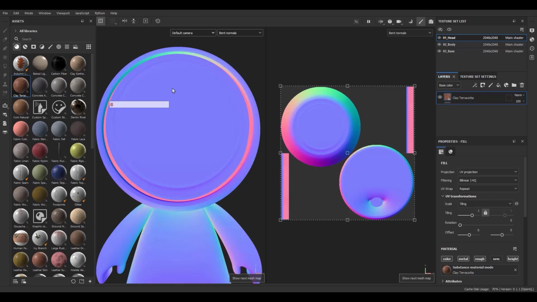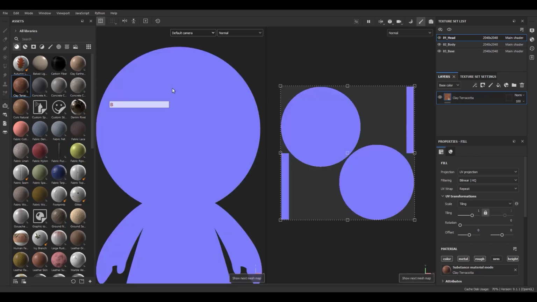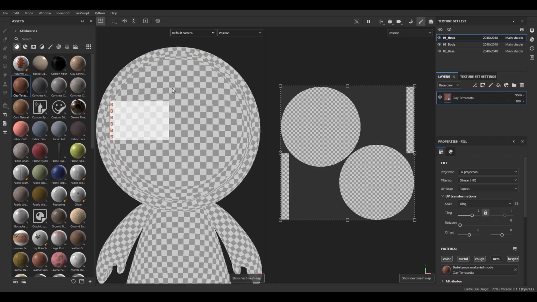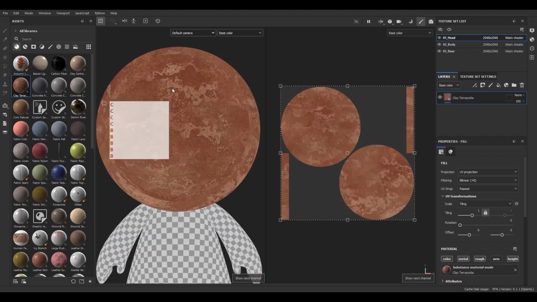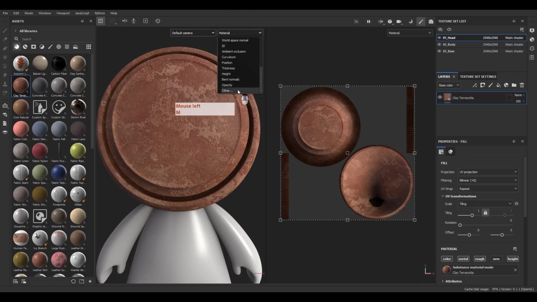B is for the mesh maps, which are related to the maps when we are baking from low poly to low poly or high poly to low poly models. So this is the mesh maps, this is the single channel, and this is the material mode. You can even switch to, for example, mask, if you create a mask on the layer, with this list. We are going to cover that